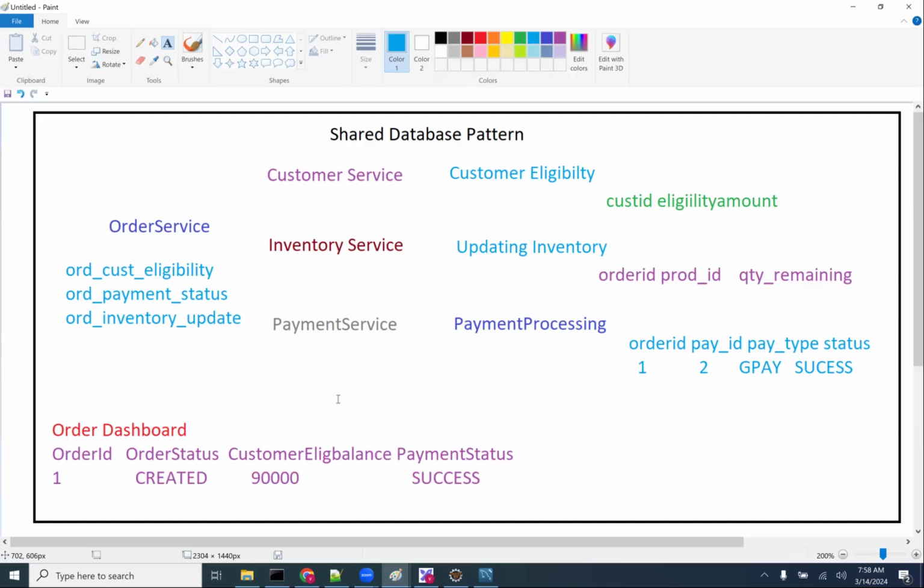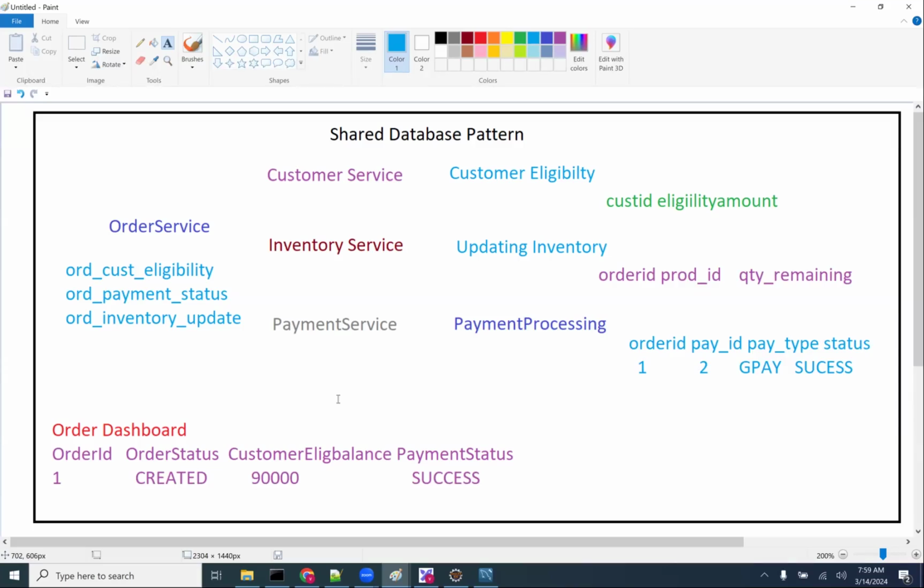Assuming that the data volume is very, very high, and one day you are going to take a million orders, maybe rather than creating different schemas per service, I can create all the tables in one schema itself. For example, my order volume is 1 million per day, I'll take only one schema